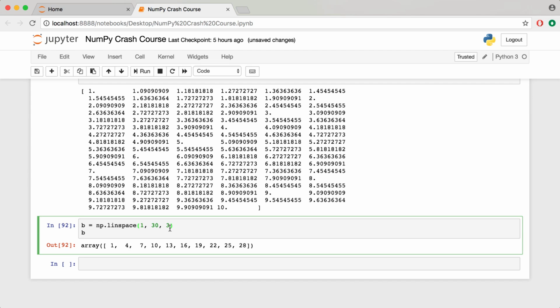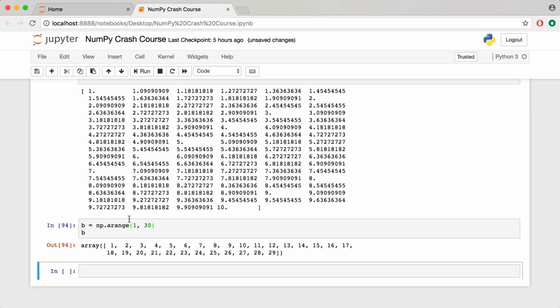this third argument specifies how many elements we want from 1 to 30. If we change it to linspace, it would grab 3 numbers from 1 to 30 that are all evenly spaced. So, take-home message. With arange, this indicates step size, whereas with linspace, it refers to the number of samples within your range. If I put this back to what it was, and remove the step size for now, just to make things more intuitive,